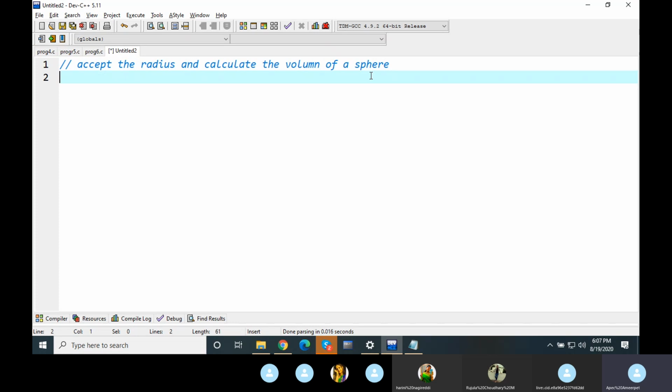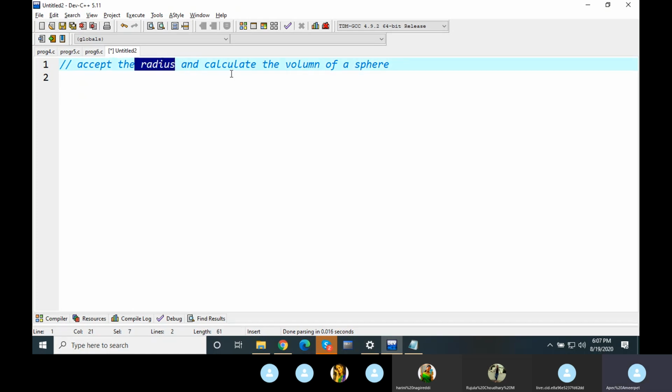Volume of a sphere is given by the formula 4 by 3 pi r cube. That would be the formula. Just the radius you have to accept and only one calculation. Only one variable for radius and one variable for volume.